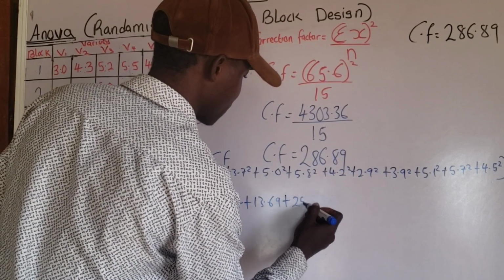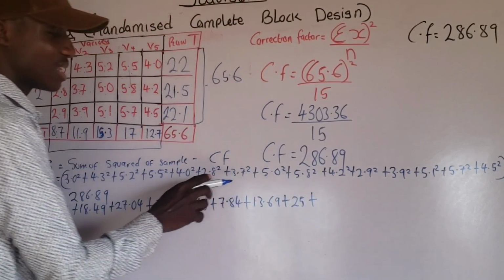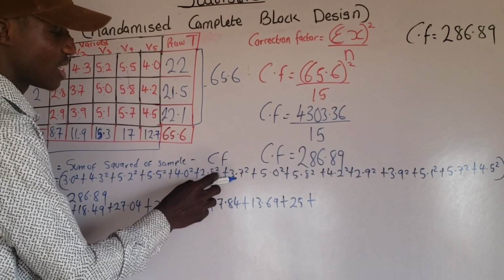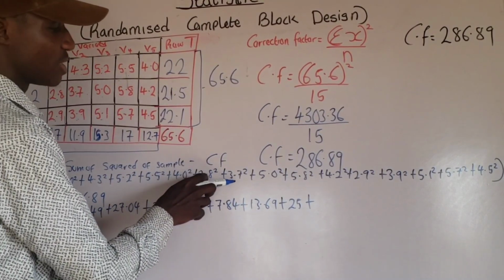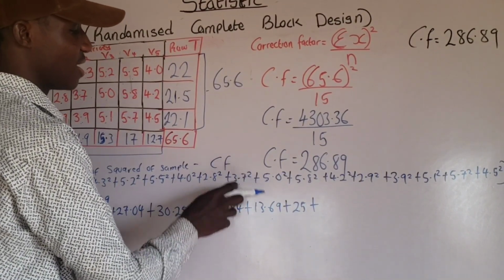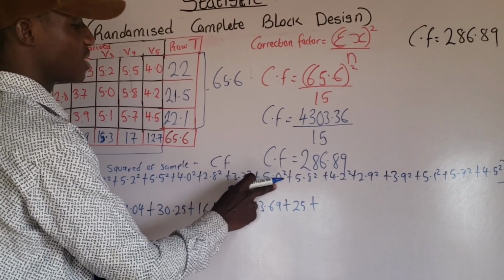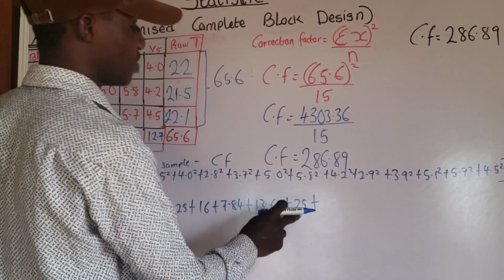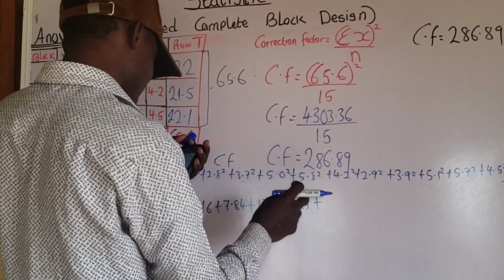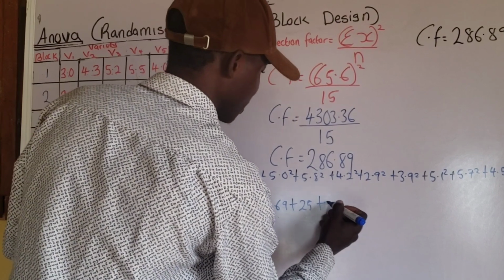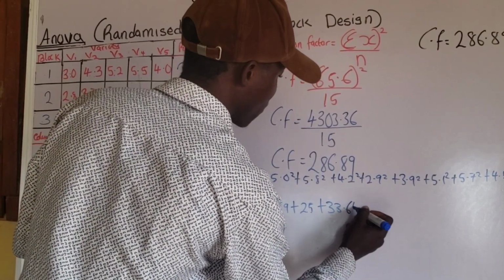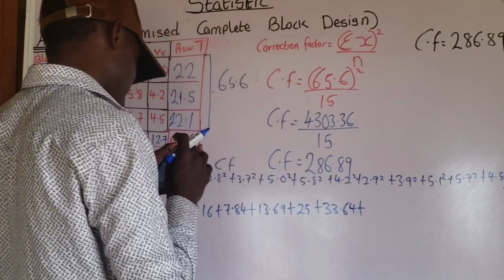Do you know what I'm doing is that I'm squaring all these values, you understand? That's what I'm doing. 3.7 squared will give us 13.69. 5.0 squared will give us 25, you understand? Okay, 5.8 squared, that is 33.64. 33.64 plus, okay,